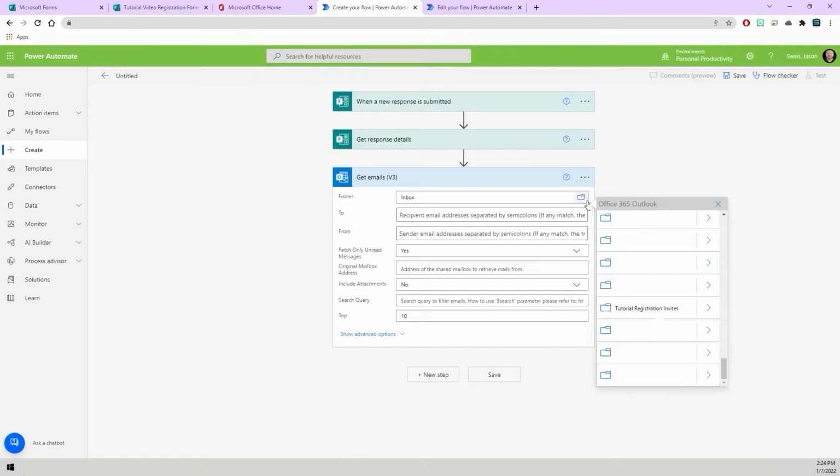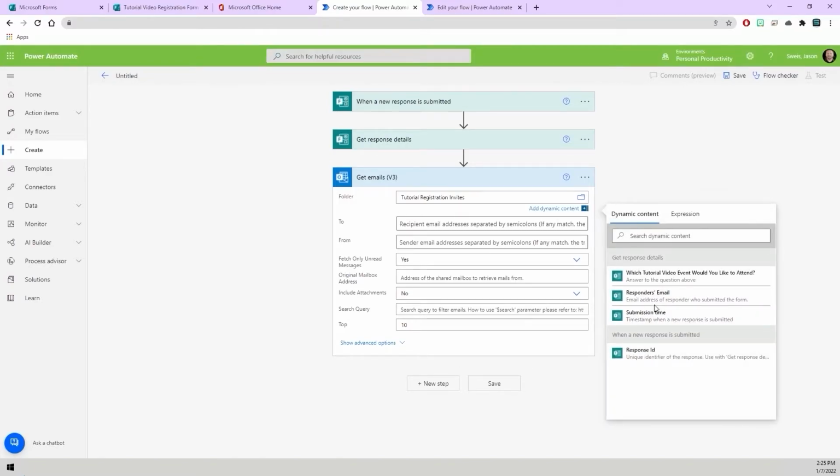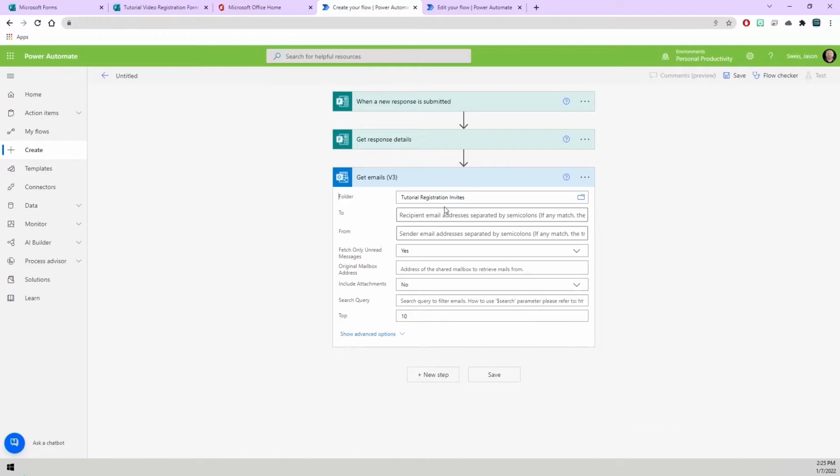It takes a second. I'll have to go through my folders list and look for the tutorial registration, which is right here. All right, so this is basically now telling Automate to look in this specific folder. So after you identify the proper folder you want Automate to look through, there's one more step in this action